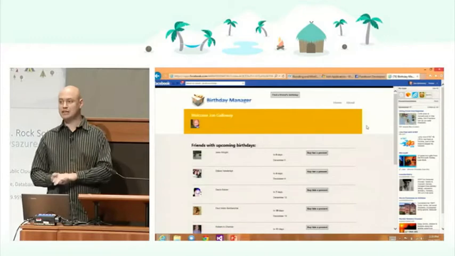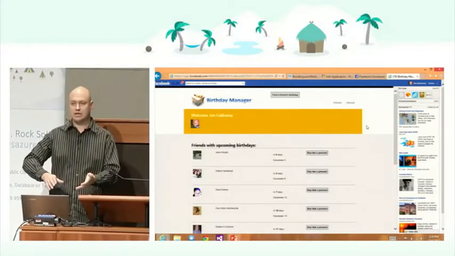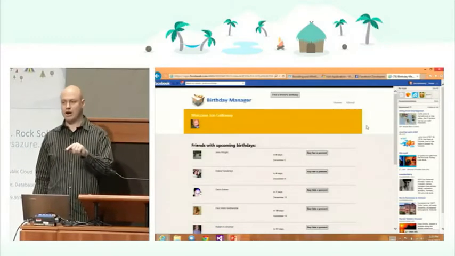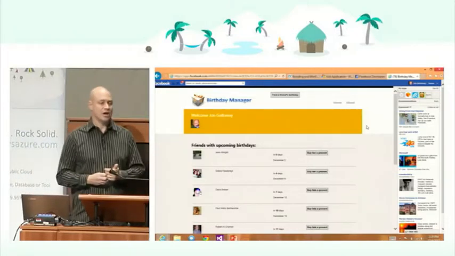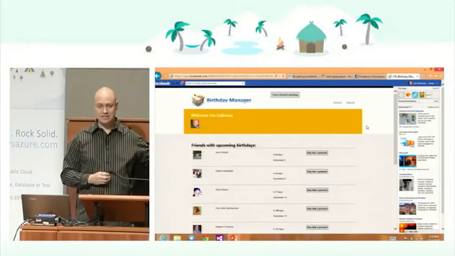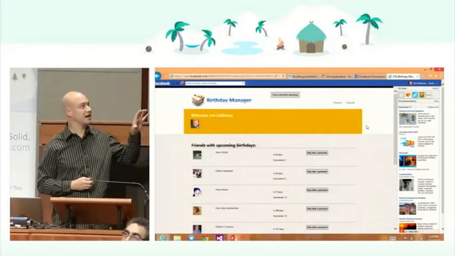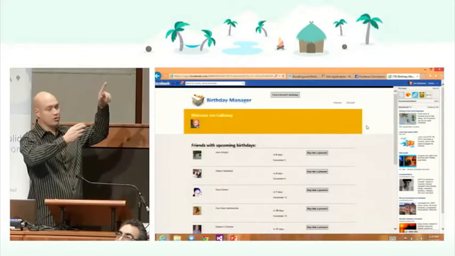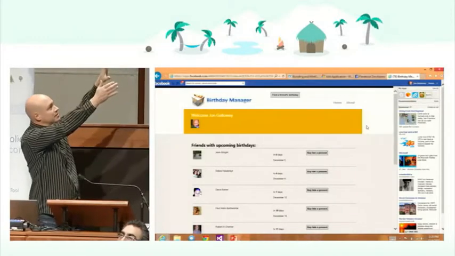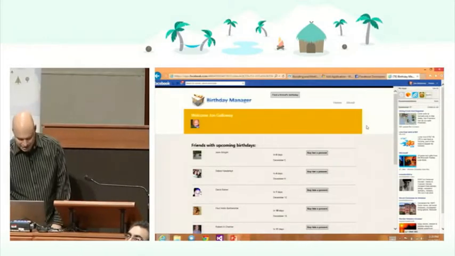If I was not logged into Facebook, it would have said, you need to log in, and this application wants to know your friends, your list of friends. So this is an MVC4 application running in Azure Websites. It's hosted on Azure Websites, but it's shown inside the Facebook frame. And what's neat here is